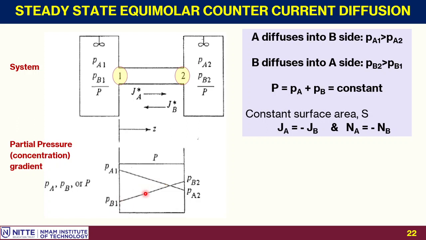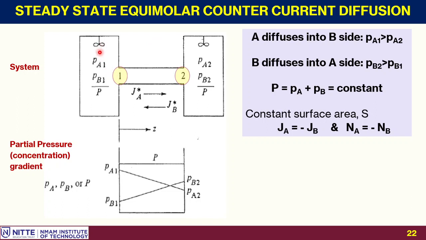So, considering the concentration gradient, you should expect the molar flux of A to be in the forward direction, 1 to 2, because the concentration gradient is moving from 1 to 2. For the molecule B, the molar flux should be from location 2 to 1. That's the exact reverse direction, because the concentration of B is higher over here in the second location. So obviously the mass transport should be in this direction, 2 to 1. If you observe, A is moving in the forward direction, B is moving in the reverse direction. That is what? Countercurrent diffusion.